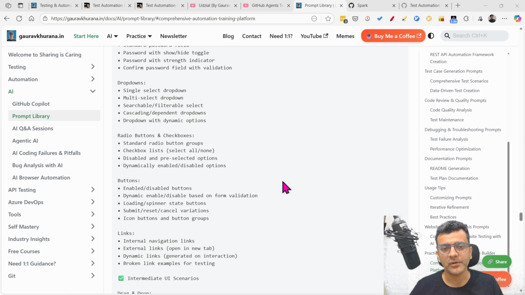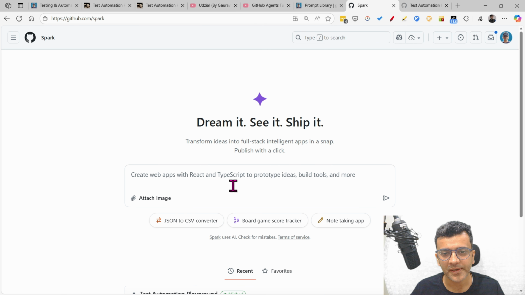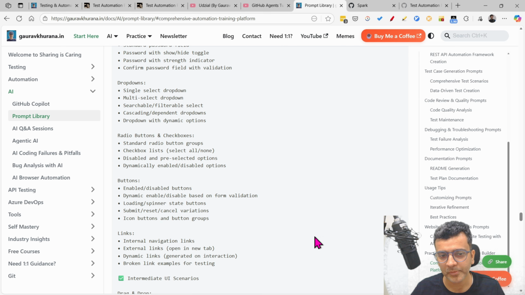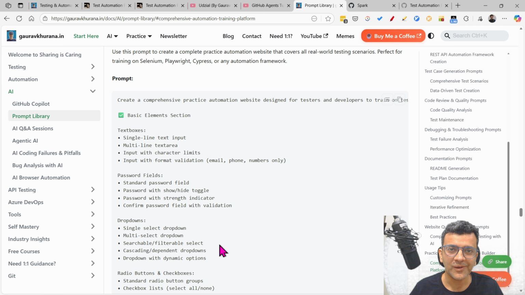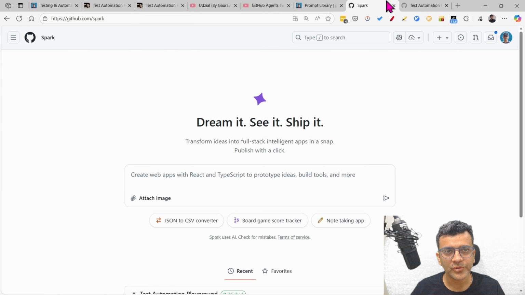Let's say you are not able to get hold of an element, and it is part of some website that you are testing. You can just take that portion of it and ask GitHub Spark to create a similar element with that. Here you can create it. You can use this prompt with GitHub Copilot or Cursor anywhere. You can get a local website as well, which will open on your localhost. If you want to share it with everyone, then GitHub Spark is a great option.